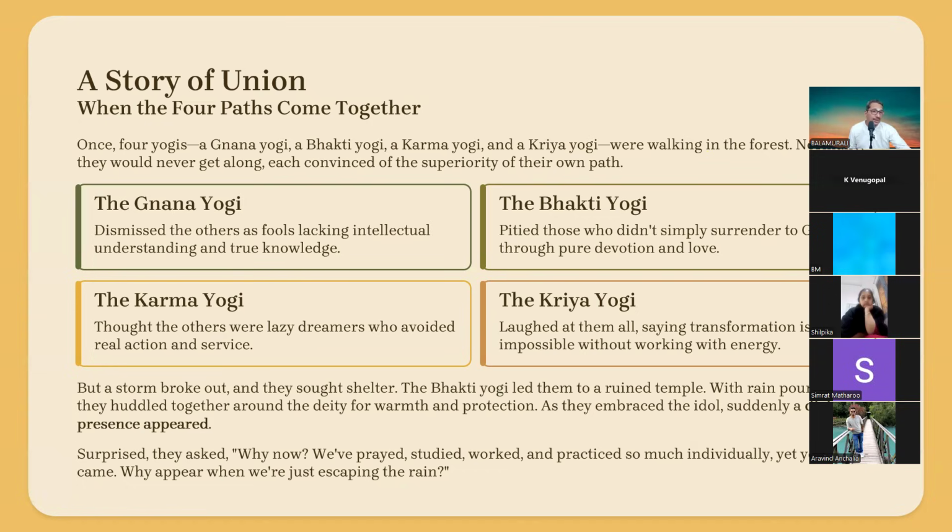So for him, bhakti is the highest thing. He doesn't give regard to jnana, karma or kriya yogi. The karma yogi thinks these two people are lazy, because the bhakti yogi wants to sing and be with God, saying God is with me, God is with me. The jnana yogi always reads scriptures. He says, I want to gain knowledge, gain knowledge. So the karma yogi thinks these two people are really lazy.